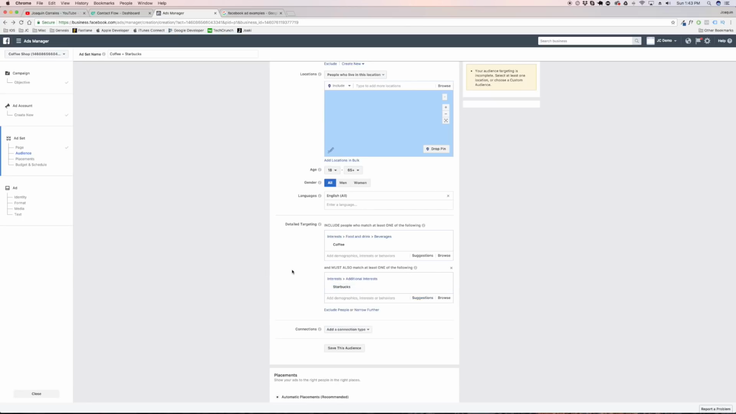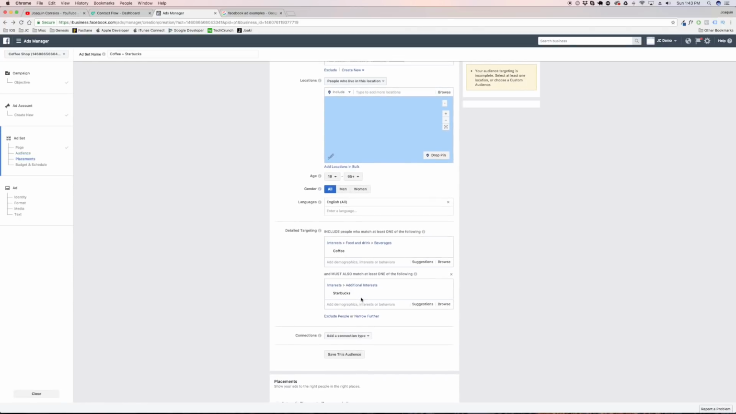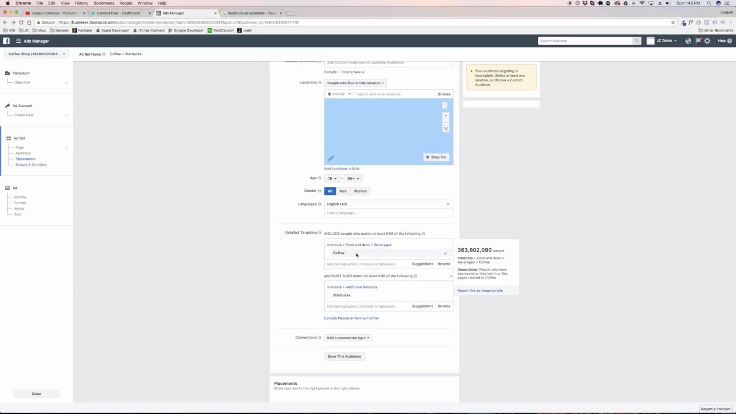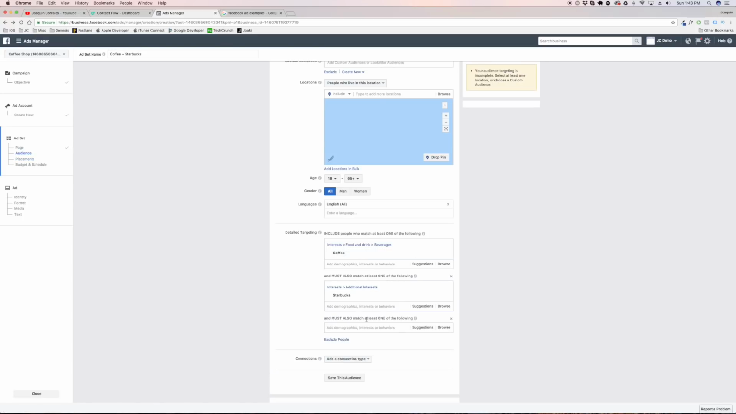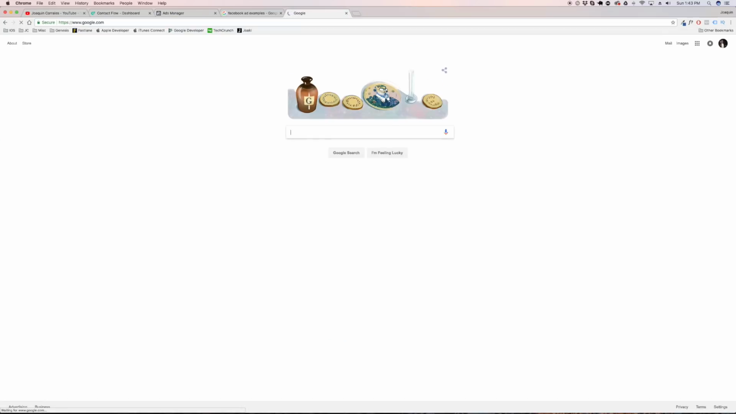But what this is going to do right here is that it's going to target people that like coffee and like Starbucks. Okay, so out of these 49 million people, some of them are going to also like coffee, and it's going to target them. And you know what? Something else that I'm going to do, I'm going to narrow it down even more. I'm probably going to go out there and find a brand of coffee maker, okay, a coffee maker brand or a coffee brand. Let's actually do that right now. So let's go on Google and let's look for the best coffee brands,